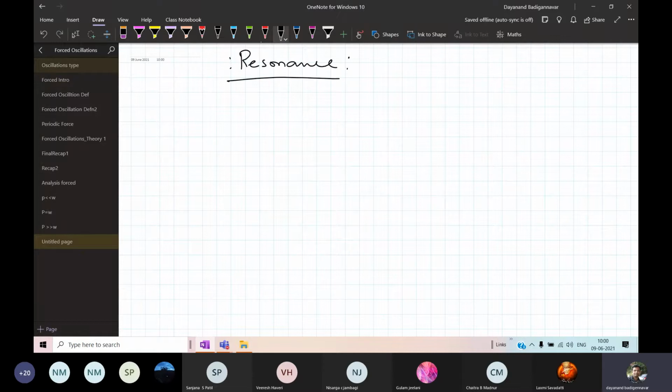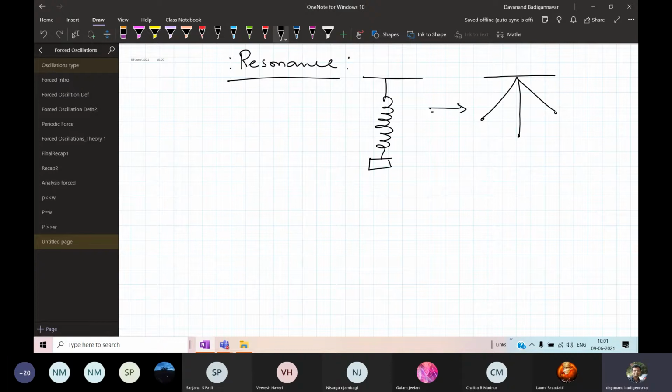Now in forced oscillation, you are applying a force at a certain frequency. I have a simple pendulum or a swing or a spring mass system, anything like this. Now I want to keep it oscillating. What I have to do, I have to apply the force. So this is the swing. Whenever it is at the point A, you apply the force, it keeps on oscillating. So you are applying a force in the spring mass system also. This is the direction of the applied force.